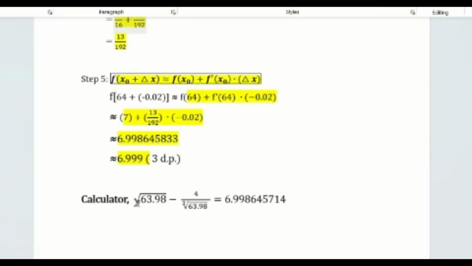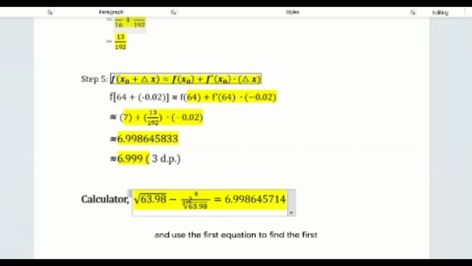6.999. To make sure this is approximately close to the first equation, we use a calculator and use the first equation to find the answer, which is 6.998645714. If we turn this number into 3 decimal places, we would also get the same answer as in step 5, which